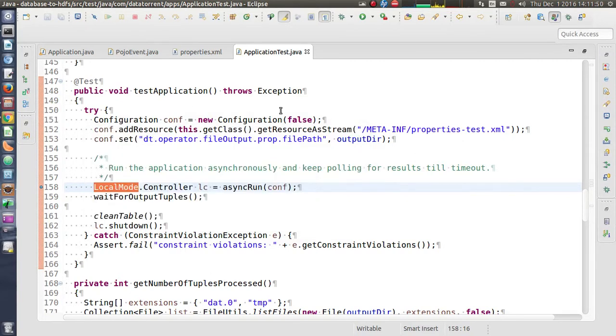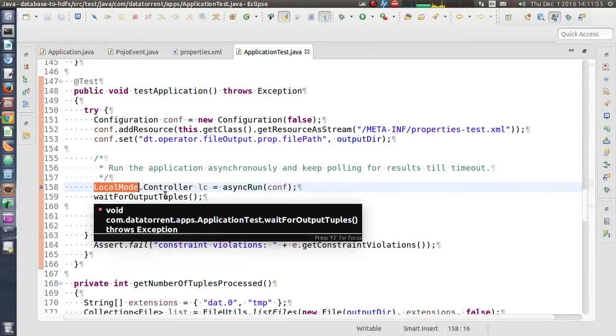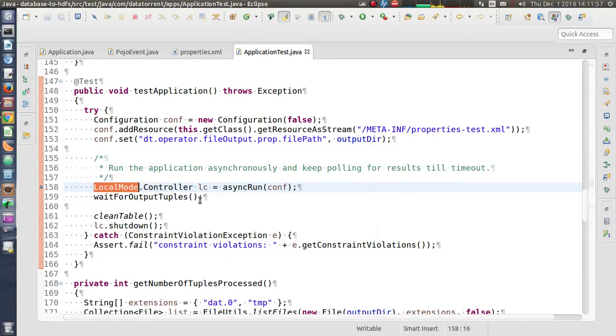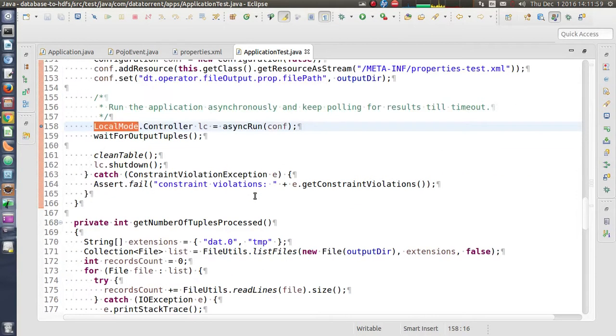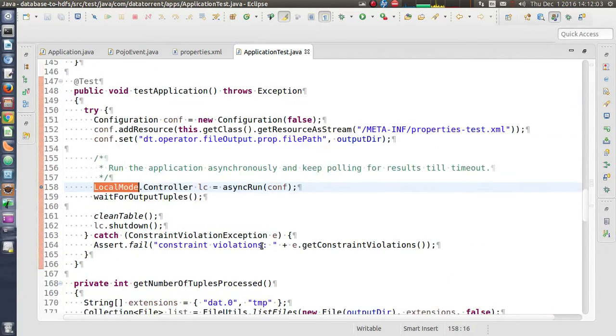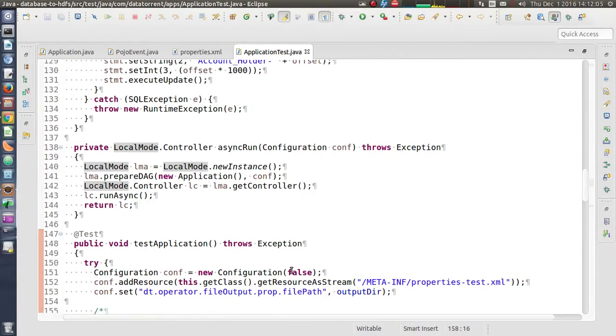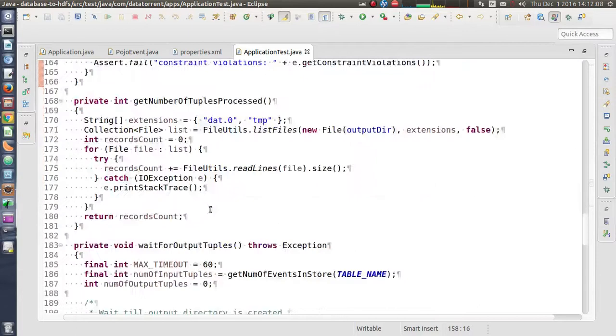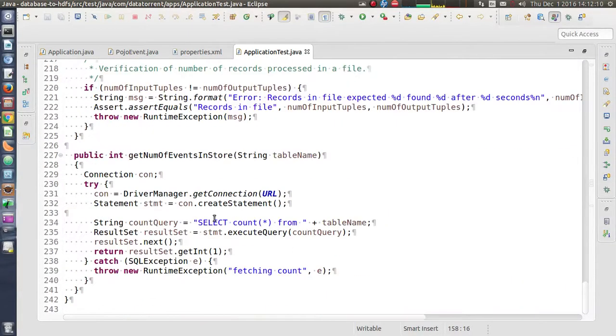So we are trying to run this application in this local mode, and then we are waiting for output tuples to arrive, and once we get some output tuples, we compare them with the original tuples to assert whether the application is running fine or not.